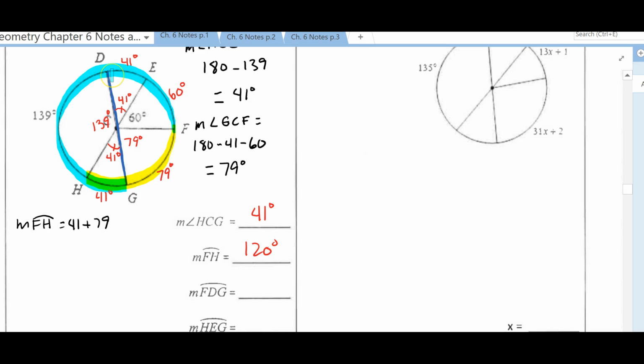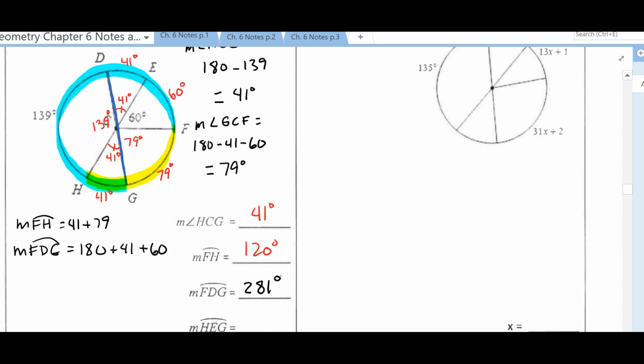I can see that this blue arc has 180 over here plus the 41 plus the 60, so I can add all those together. So let's do it that way. Measure of arc FDG, so that's going to be 180 from this part on the left plus 41 plus 60, so that's going to give us